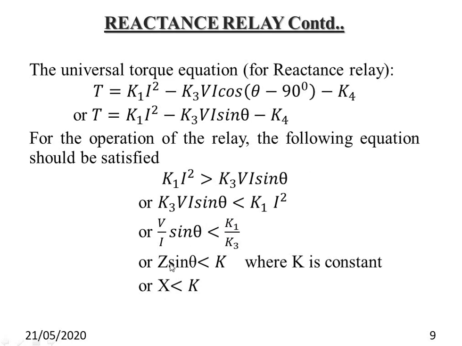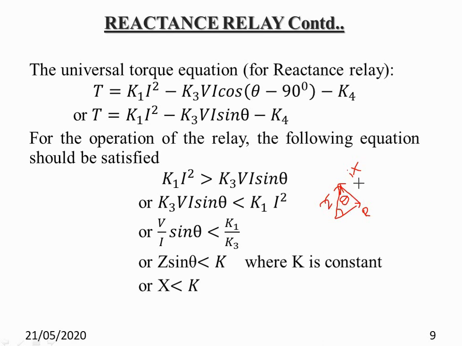If we calculate this, we will get Z sin theta is equal to K. We know Z sin theta, so let us plot the impedance diagram. As per the impedance diagram, this axis is the R. Now this axis is the X, actually the jX axis, and this axis will be the Z axis, right? Now which one is the phase angle? This angle is called theta. It is the impedance triangle. So if we say Z into sin theta, what is sin theta?